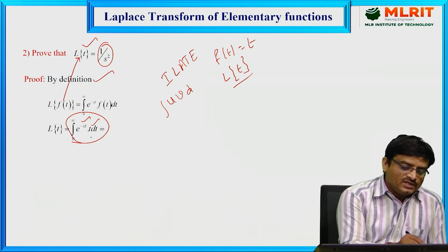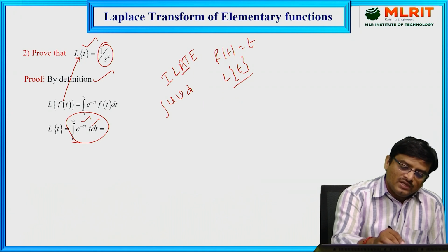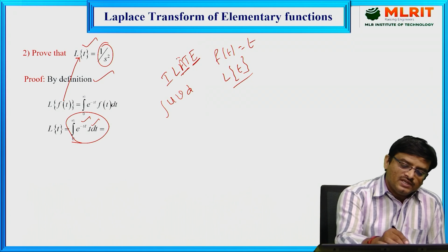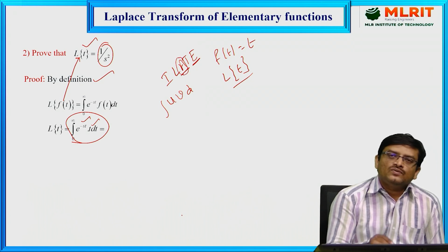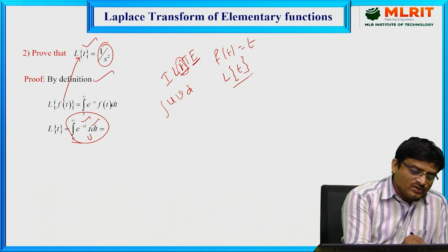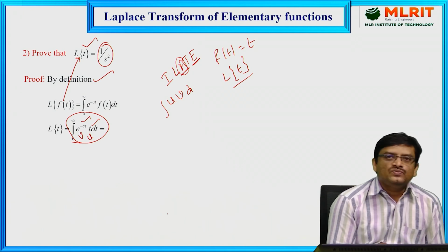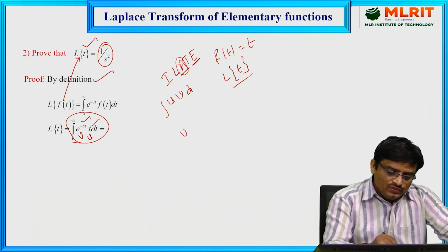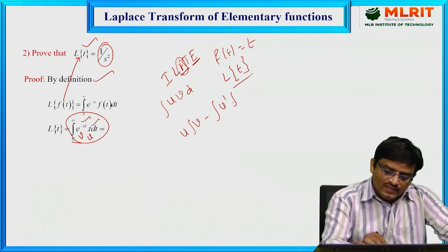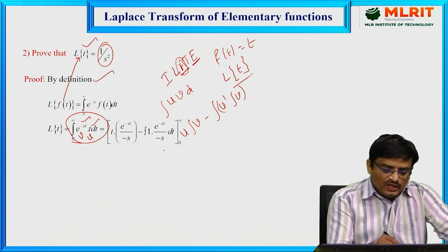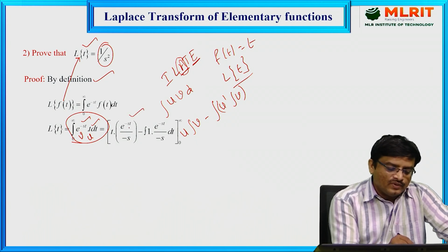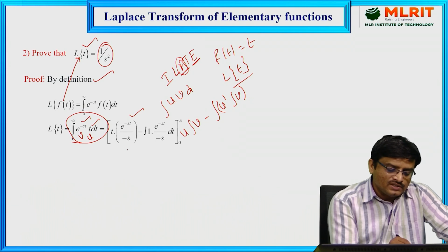So exponential function, t is an algebraic function. So here a represents the algebraic and e represents the exponential function. Out of these two functions, here algebraic function comes first in that word. So we have to consider t is equal to u and the remaining exponential function as v. So now apply integral of uv formula here. So u into integral of v minus integral of u dash into integral of v whole d. So t into integral of v, that is integral of e power minus st. Just now we have seen integral of e power minus st is e power minus st by minus s